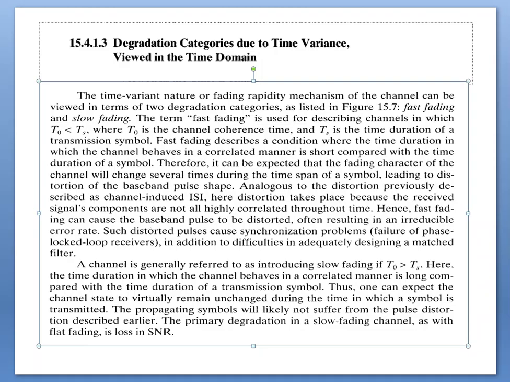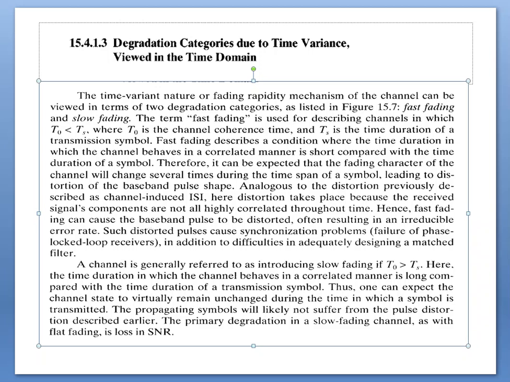Here, distortion takes place because the received signal components are not highly correlated throughout time. Hence, fast fading can cause the baseband pulse to be distorted, often resulting in an irreducible error rate. Such distorted pulses can cause synchronization problems, in addition to the difficulty of designing a matched filter. A channel is generally referred to as introducing slow fading if T0 is greater than